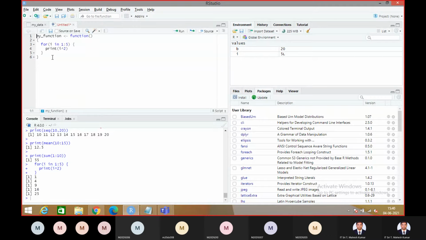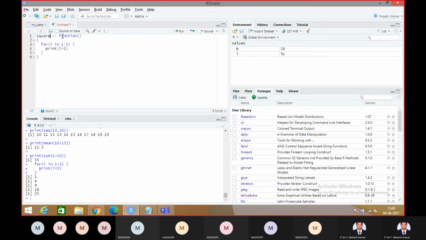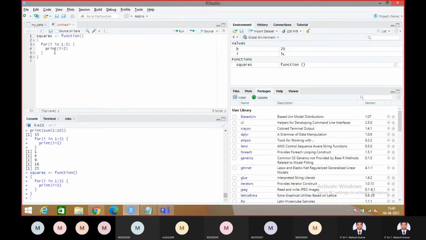The name of this user-defined function is my function. So instead of my function, can I give sum of, sorry, squares? Like that you can mention. So squares is the function name. So here I followed. Okay, so it was already taken, so that is why it is going to throw an error. Right now, sir, can we send any values? Yes, that is also possible here.